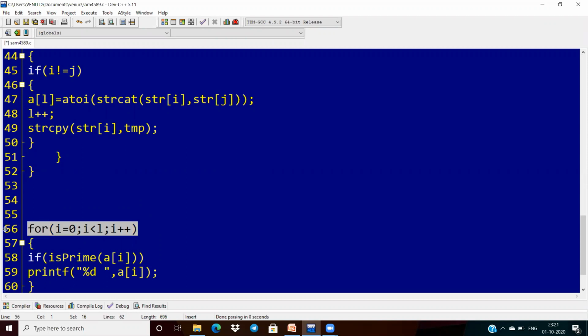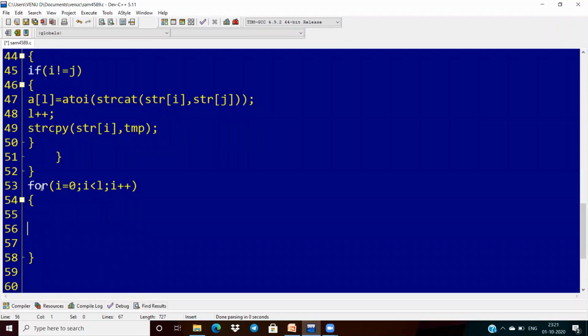For that reason, I'm taking again the same thing. Already you know how to remove the duplicates from the array. The same procedure I am using here. I plus 1 and j less than L and j plus plus. Next, if any elements are duplicates here, if a of I is equal to a of j, then immediately we provide here, if a duplicate comes, we have to initialize those values with minus 1. That's all.